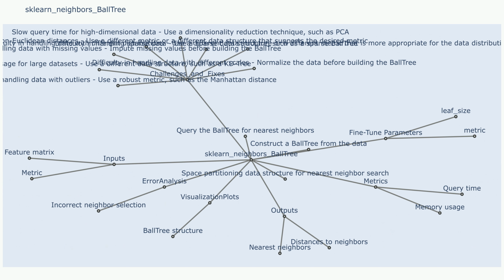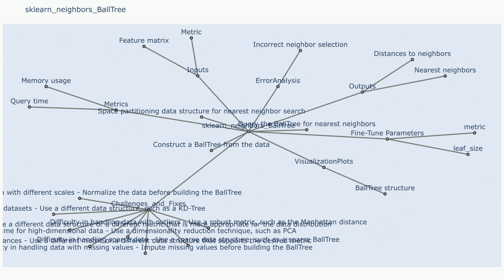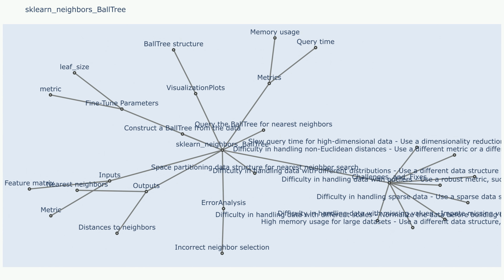Steps: Construction: the ball tree is constructed based on the provided data points and distance metric. This involves recursively partitioning the data points into balls until a certain threshold is reached. Search: once constructed, the ball tree can be used to find the nearest neighbors of a given query point. This is done by traversing the tree, starting from the root node and recursively checking the balls that are closest